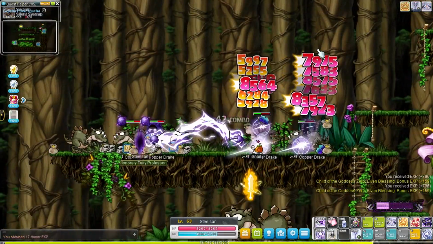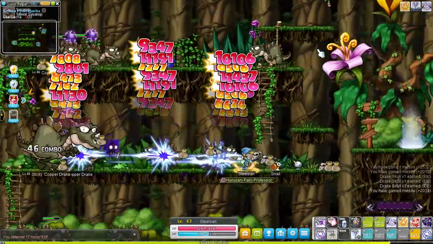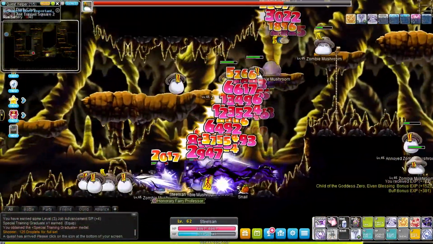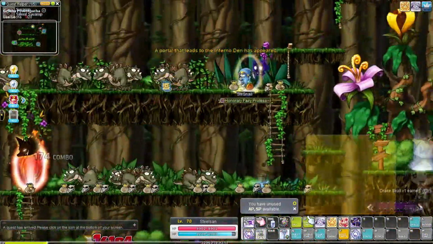After reaching third job, our next training spot is the Coppersan Drakes in Sleepywood. If this spot is too busy in your server, you can try the surrounding Drake maps, the Ant Tunnel, or stay at Skeledogs and Mummy Dogs in Pyrian. I stayed at Drakes until level 70 and then I went to Orbis to train in Stairway to the Sky